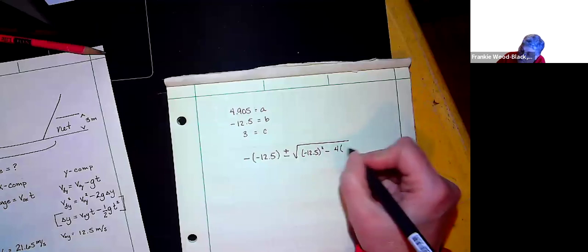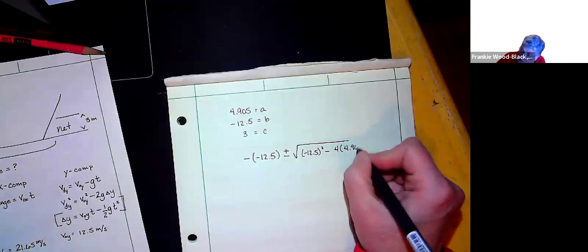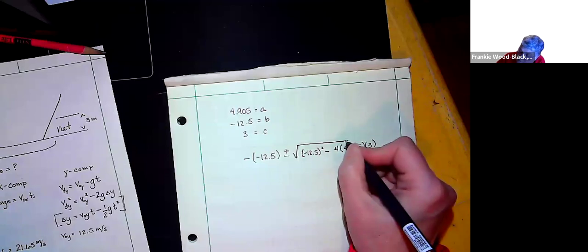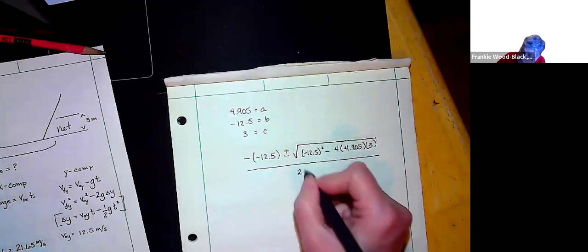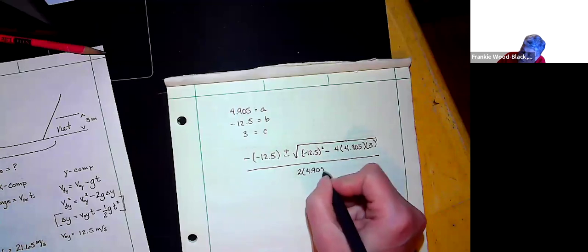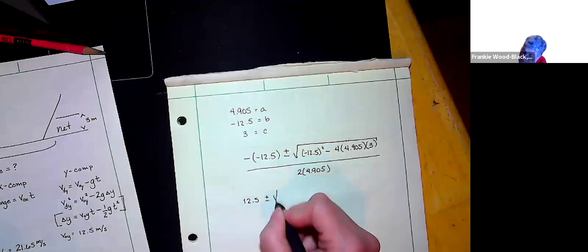minus 4 times 4.905 times 3, all divided by 2a, which is 4.905. So I'm going to have 12.5 plus or minus the square root